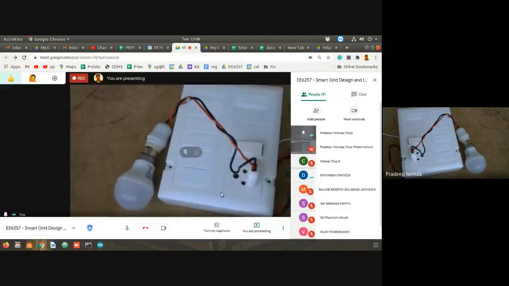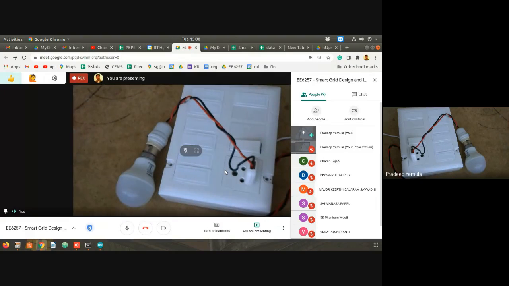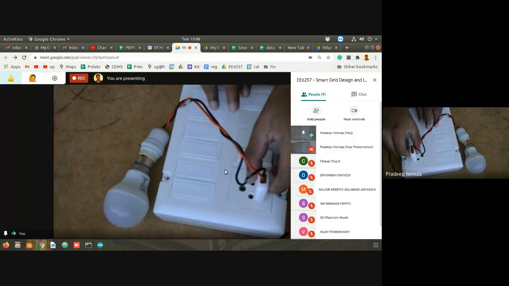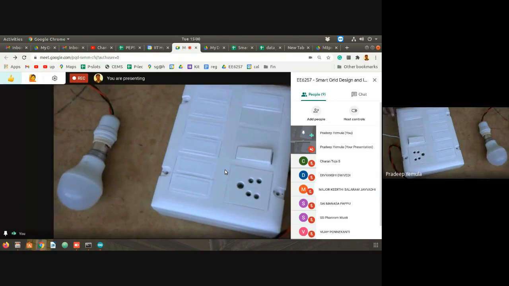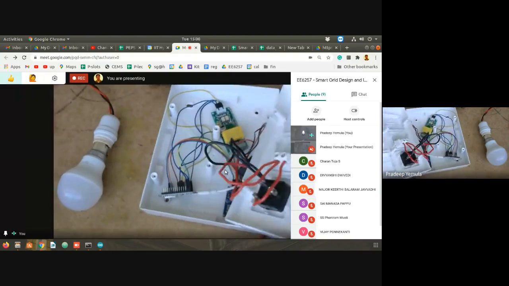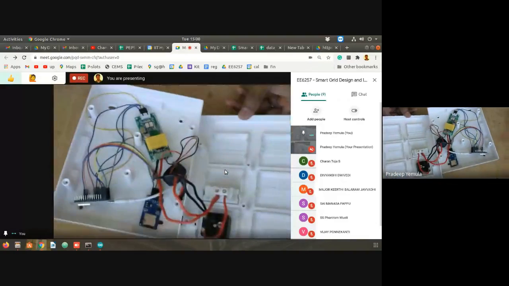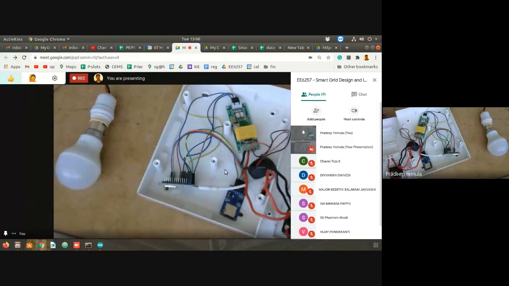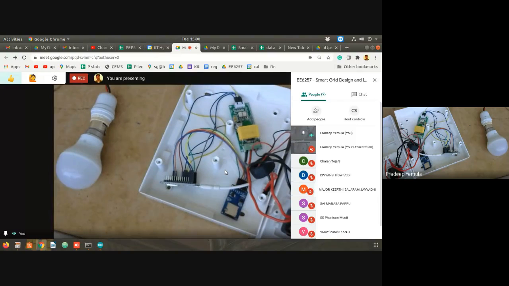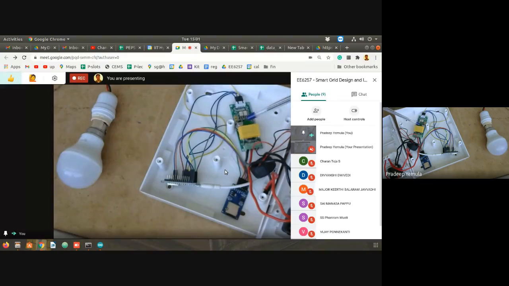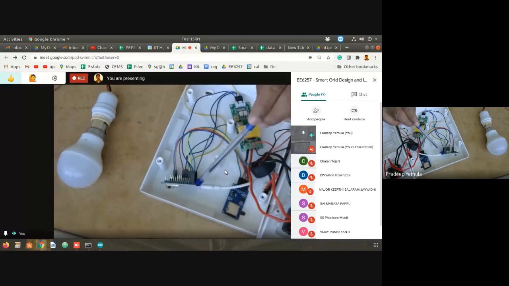So good. I think first, there's nothing much to do on the kit side. By the way, just for reference, this is our kit. I've already shown it several times in this playlist. This is a simple box, and let me show it again for the benefit of everybody. This device is the PZEM module, and that is for the measurement of power and things like that. And this device is a NodeMCU,